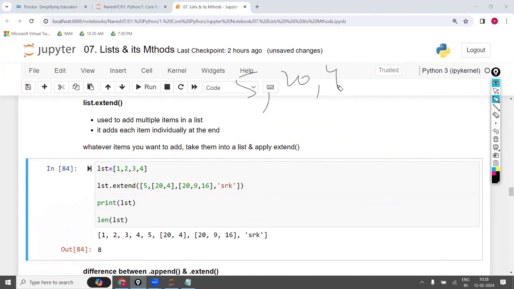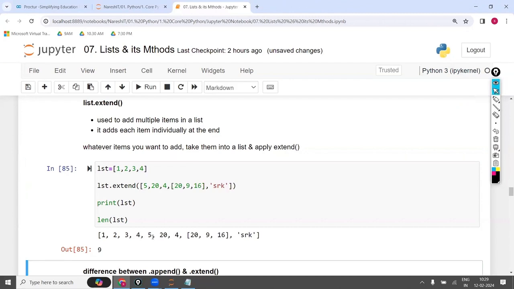Whatever way you want to add, write it like that. If you want to add 20 and 4 separately, you take 20 and 4 separately. Then 5 will be added separately, 20 separately, 4 separately, and this will be added as a single item.